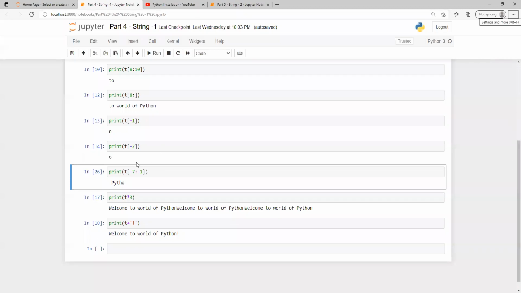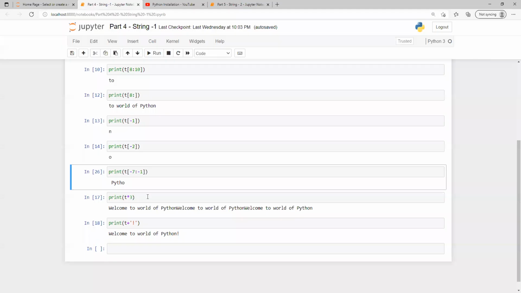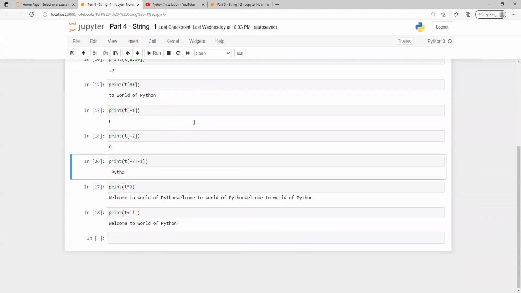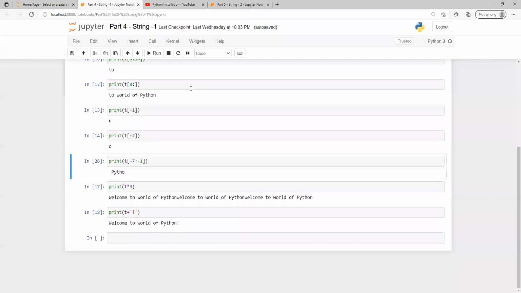So in this video, we're going to move ahead and learn the next part of strings. But before moving to that, as you remember in part 4, I gave you one thing to try out: "Welcome to world of Python". When we tried to print that in the reverse way from minus to 1, we got "pyth" or not the complete word. So yes, you have to explore from your end how you can print that.